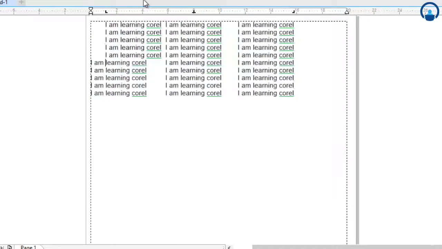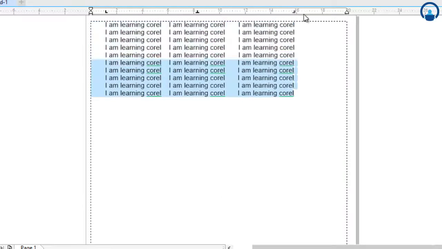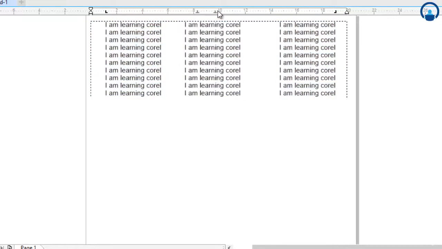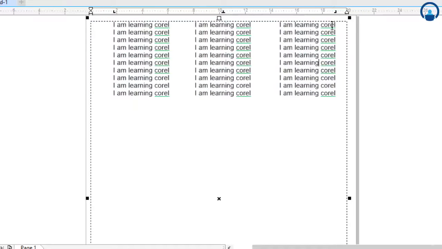So here it has not been set. First you need to set the tab by pressing the tab button on your keyboard, then see the changes on all the lines. See, this is how it happens. Okay, this is how the tab works.